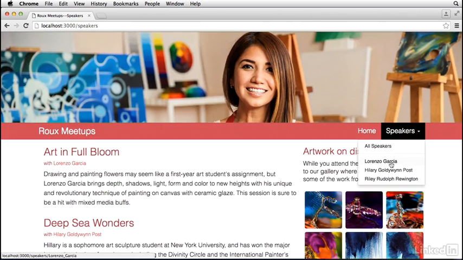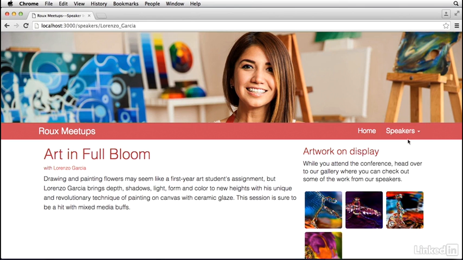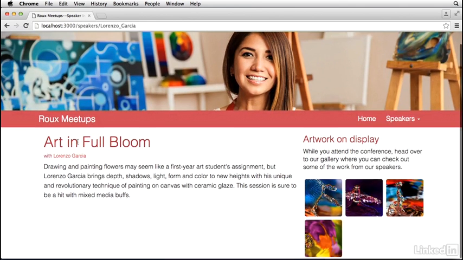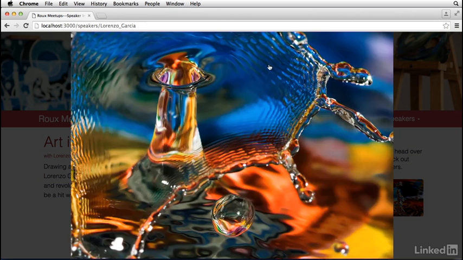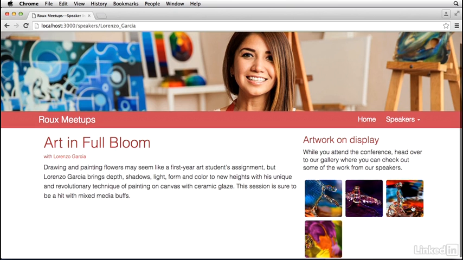But let's try going to one of these speakers now. If we go to Lorenzo Garcia, you can see that we see just the information for that speaker and also just the artwork for that speaker. That pixgrid.js file is actually what does this sort of overlay, and it shows the photo really big. So that's nice. But I want more information than just a summary,